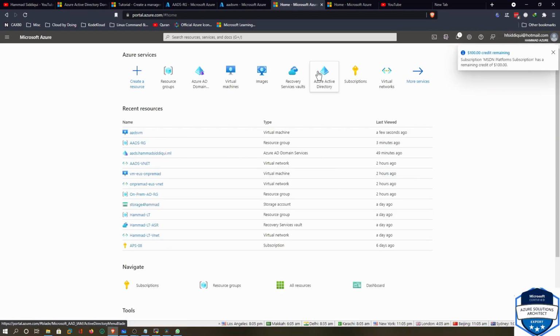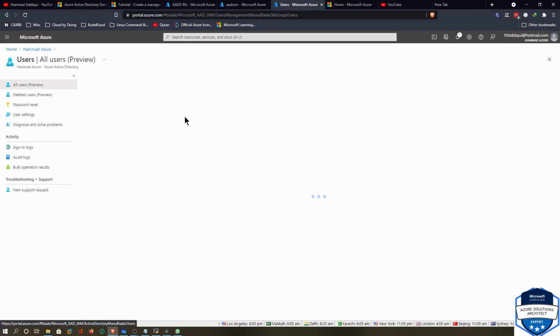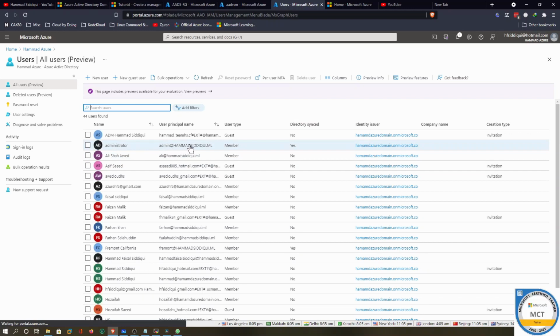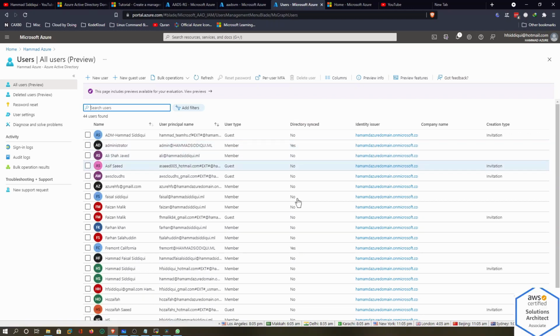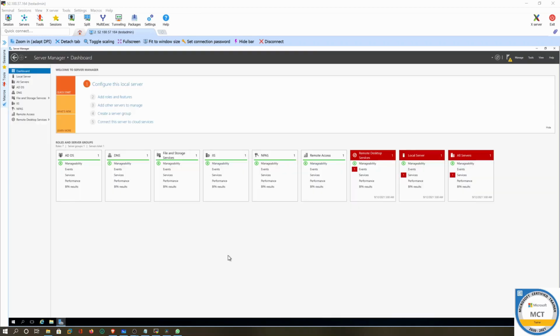So if I go up to Active Directory and I go to user, I have this admin at hammadsiddiqui.ml. This is synced from the on-prem AD. I think I haven't shown you the on-prem AD yet, but AD sync has been working at the back end. So if I go up here and I click on